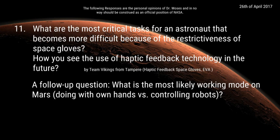on the suits, especially, and I don't just mean the Apollo suits or the station suits, but when it comes to Mars and being able to live on Mars, and you have to be in a suit, then there's probably a lot of room for improvement on how that suit is designed to minimize the workloads on the astronaut to get the most productivity out of it. And feedback technology is certainly a way to do it. Again, it goes back to what it's going to cost you in energy and mass to allow for that capability. But I would think from the standpoint of suits, you might be able to